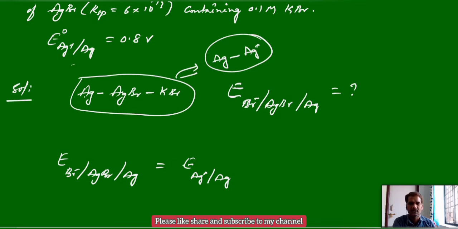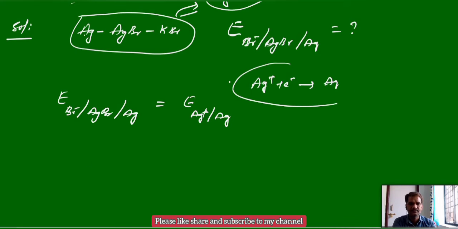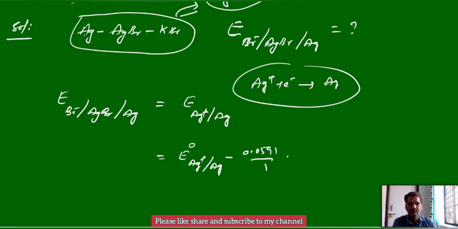So both cells are equal for calculation purpose. So here the metal insoluble salt anion electrode reduction potential should be equal to the reduction potential of silver electrode, non-standard electrode potential. This we can write. So Ag plus, Ag. What is the cell reaction here? Ag plus is converting to Ag. For this you can write the next equation, that is E equal to E naught of Ag plus Ag, reduction potential of silver, minus 0.0591 by 1 and log of 1 by Ag plus concentration. So this value we have to calculate.